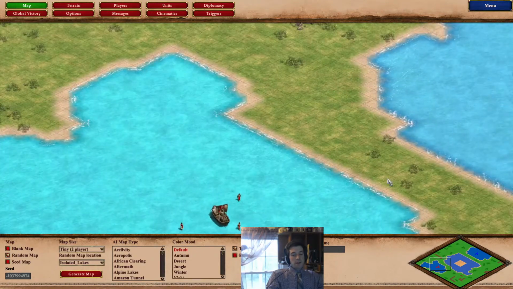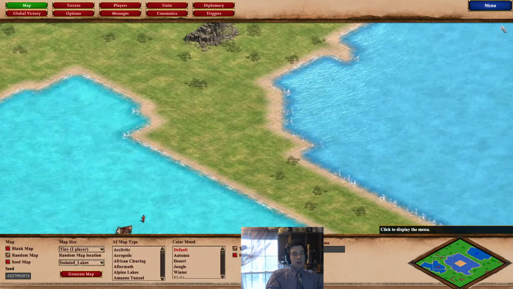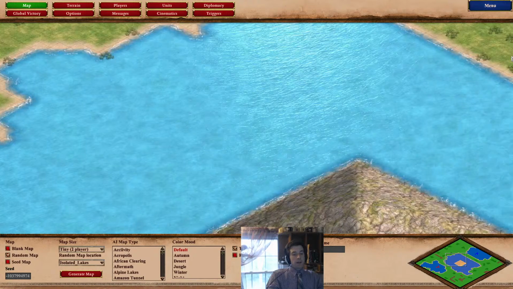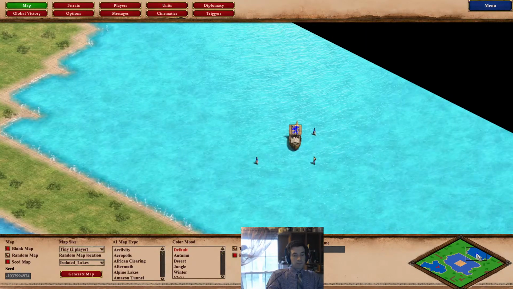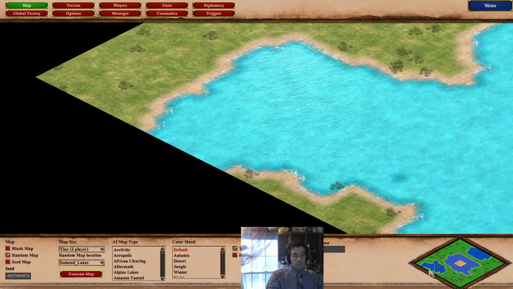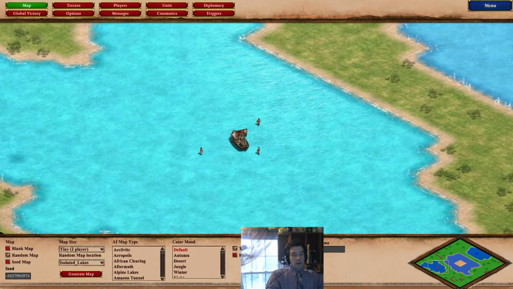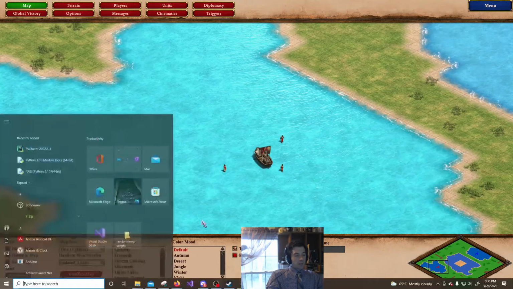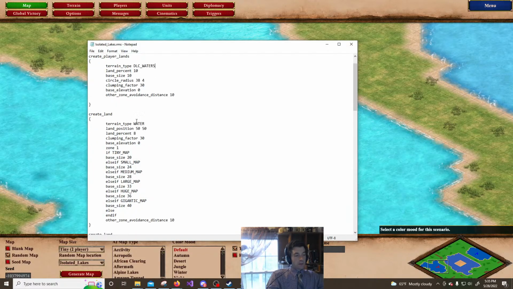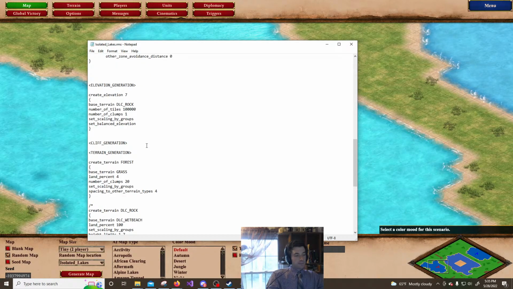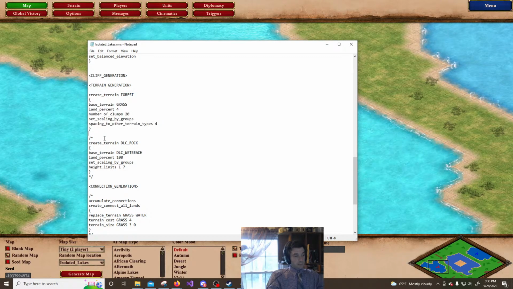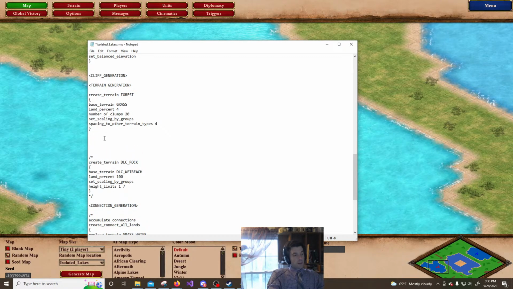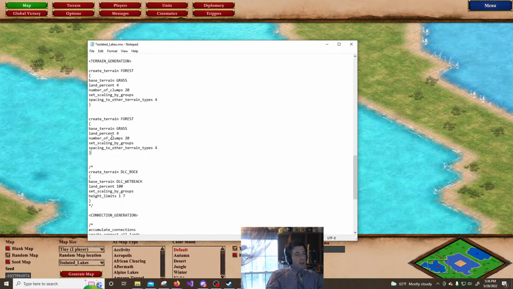So notice that this is a different type of water. It appears a little bit darker on the mini-map. Okay, now you could come down here to terrain generation, and you could create terrain